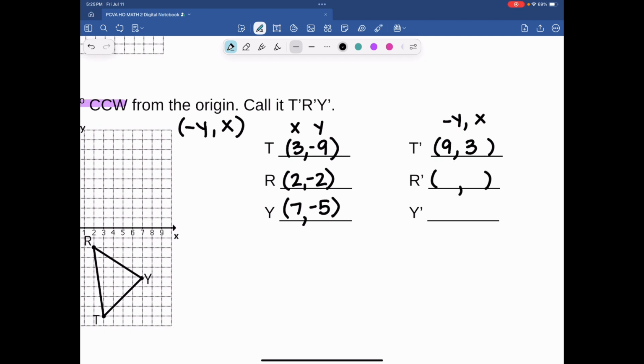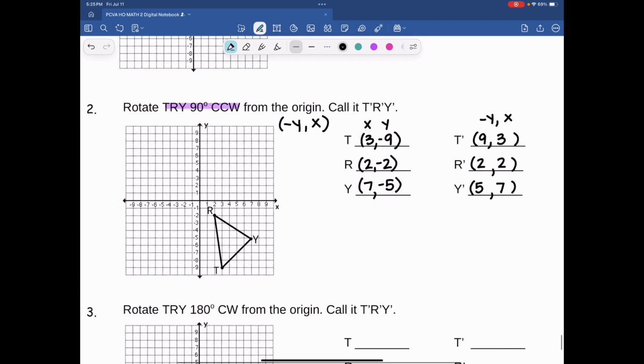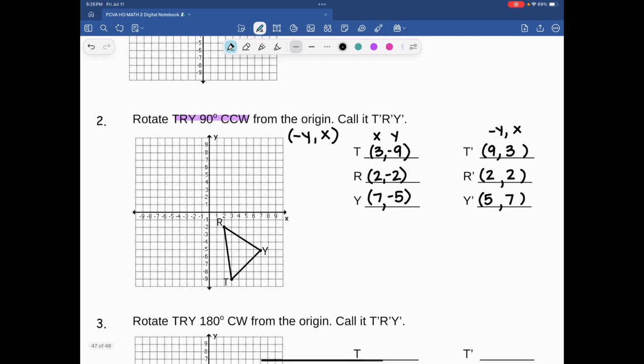So for r, my y is a -2. We're going to inverse that to make it +2. And then my x is going to stay +2. And then for the y, the y value of the y is -5. So that's going to become +5. And we're going to switch that x. So if I were to plot these, this is going to be +9, 3. So that's going to be my t prime. Then we have r is 2, 2. Okay, so that's going to be r prime. And then finally we have 5 and 7. So that's going to be